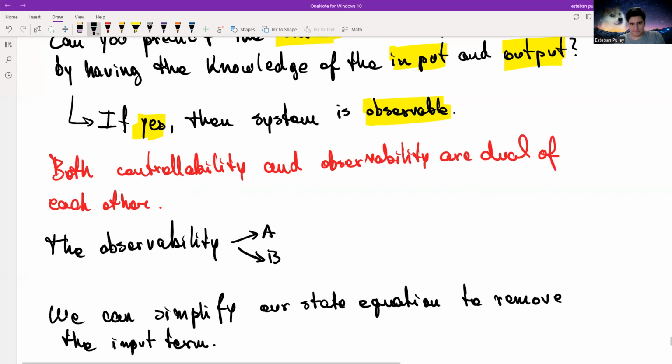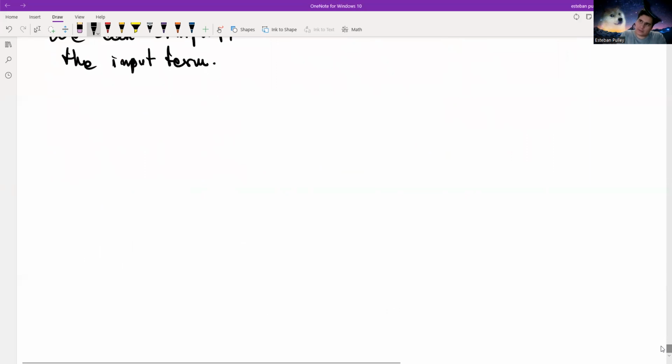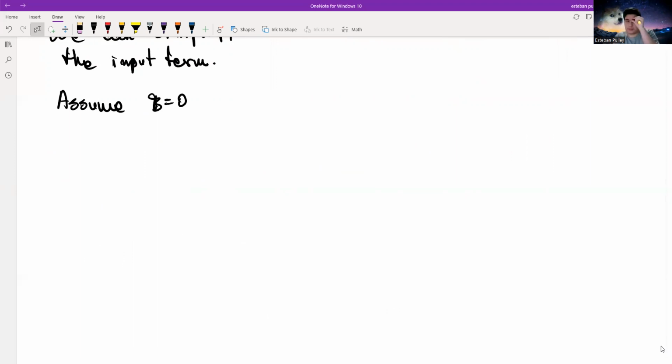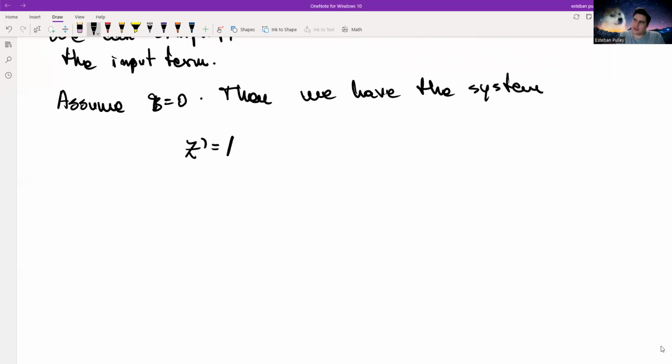Okay. So now we assume that B is equal to 0, because the observability doesn't depend on the input that we have. Assume B is equal to 0, then we have the system x prime equals Ax, x(0) equals x0, and I'm going to call this star, and the observation relation